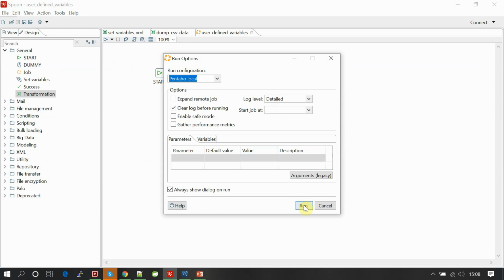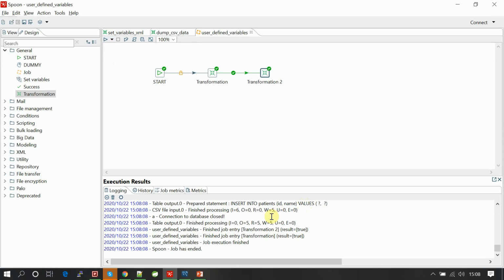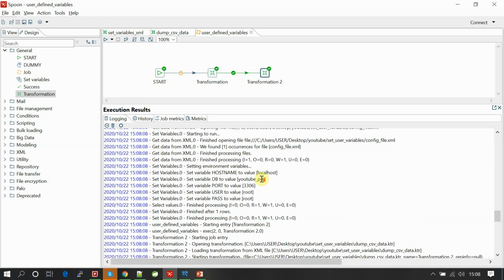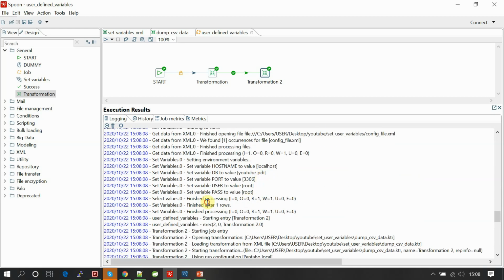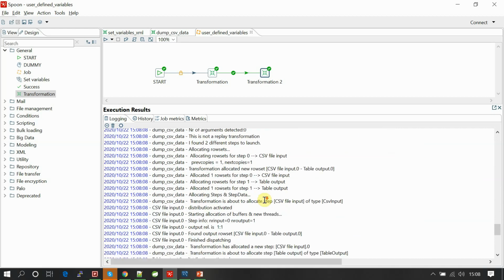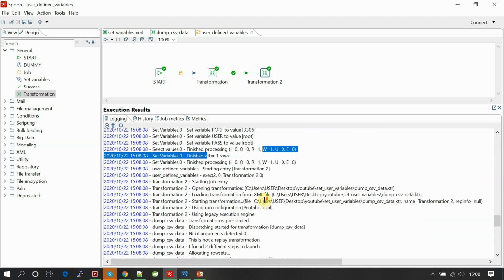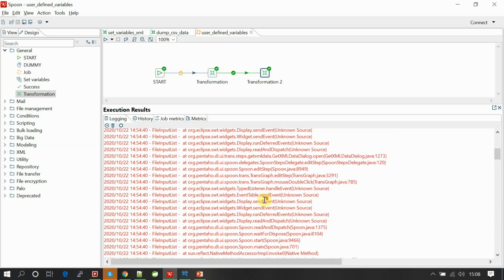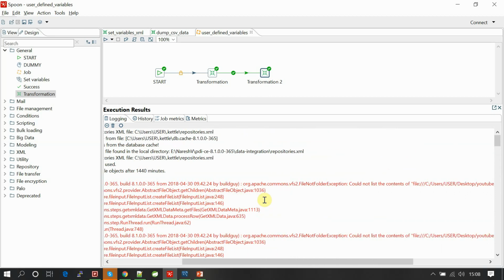Go with the log level detailed and run the transformation. It's done. If you see the log, here we are reading the XML file, and you can see somewhere the variables being set. Oh, we got an error here.